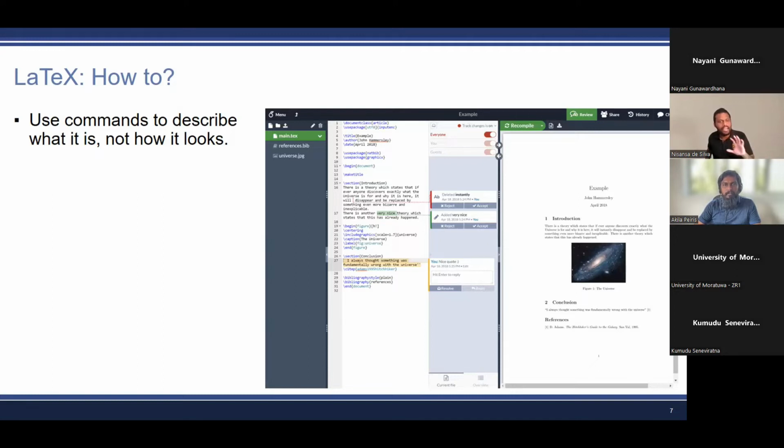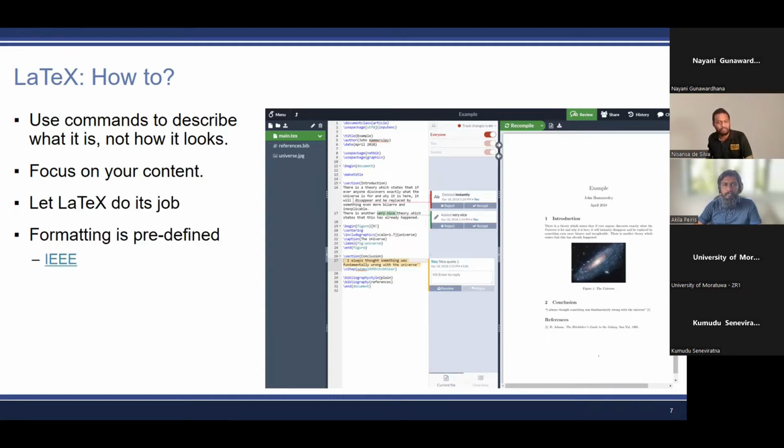You don't have to say how it looks because it has already been defined, let's say by IEEE, ACM, ACL, or University of Manitoba, if you are going to use the official LaTeX source. You just have to focus on your content. You can just freestyle type what you want, not worrying about where things go, and let LaTeX do its job.